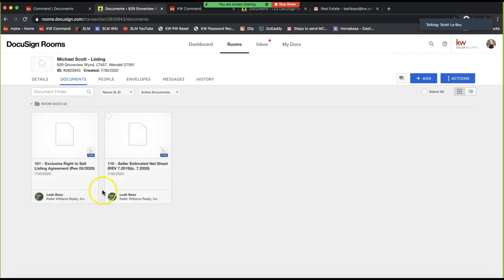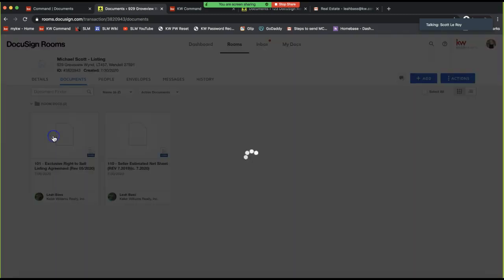All right, so now I have my forms added in, right? And so these are the interactive forms. And we did this just in case I lost anyone, because I know that was quite a process. It'll get easier, I promise. But if I click on add and go to DocuSign Forms, that's how I pull my interactive forms specifically. So now if I were to click on any of these forms,